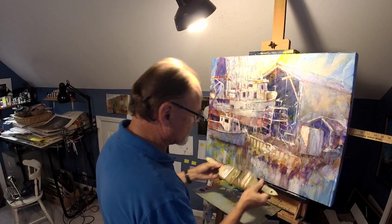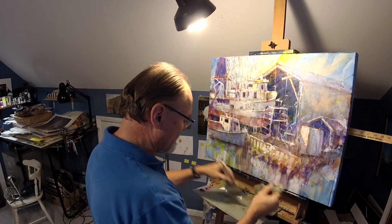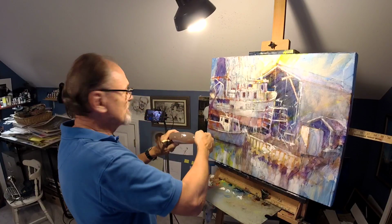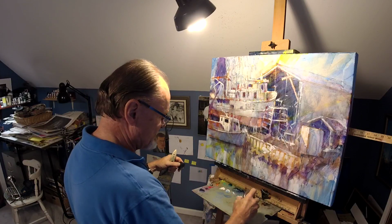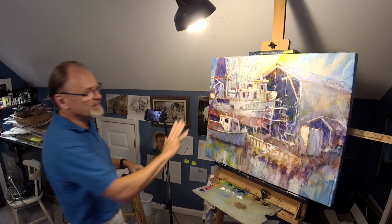What colors do I go? First of all, again, my favorite brushes are the chip brushes. I'm picking up quite a bit of liquid, and I can glaze. And as I say there in my title, you might have seen it, one glaze, many colors. I'm always confused whether people understand that one glaze means it's all one layer of glaze, but it can